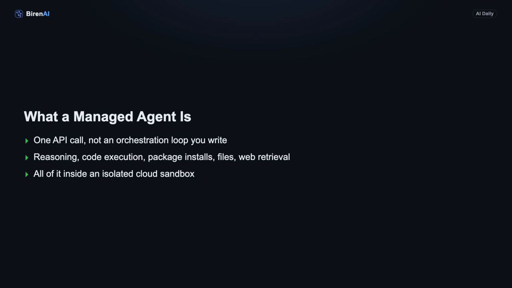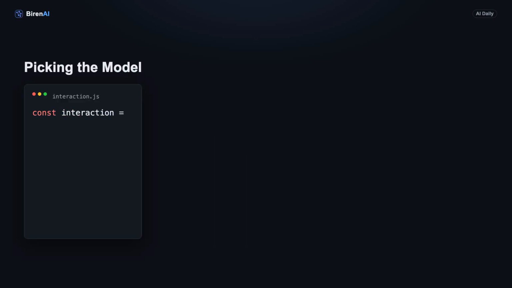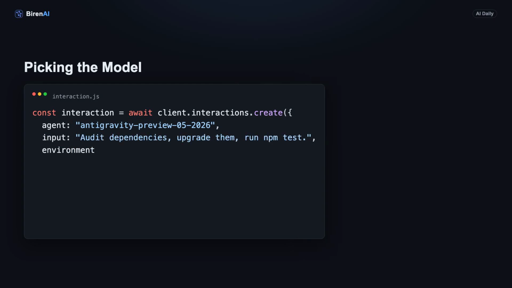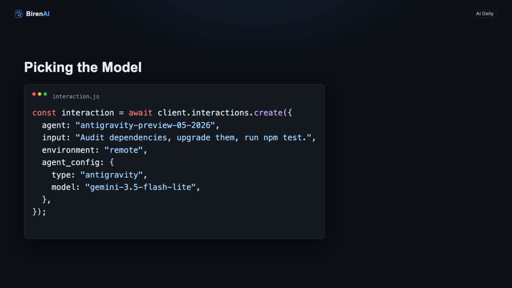control inside that loop. The Antigravity preview agent now runs Gemini 3.6 Flash by default, and Google says no code changes are required. Your next interaction just picks it up. If you want something else, pass model inside agent config. Gemini 3.5 Flash is the previous generation, and 3.5 Flashlight is the lowest latency and lowest cost option in that